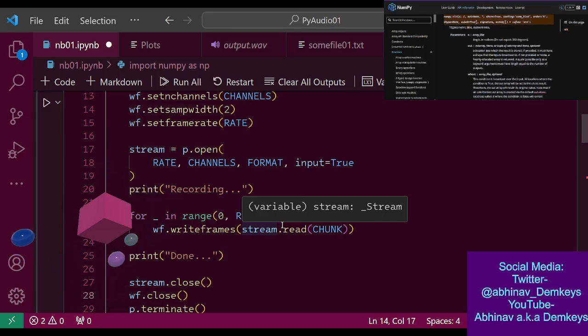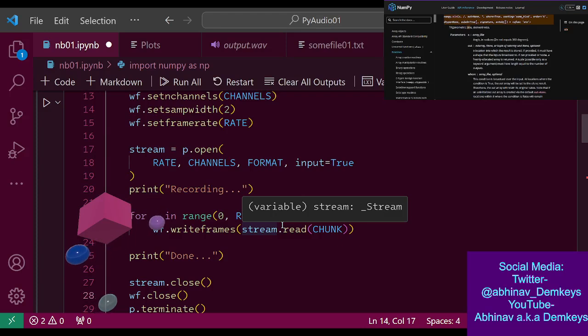I'm using PyAudio in Python, which is Python bindings for PortAudio. And I believe there's Rust bindings for PortAudio as well. So I was planning on using that.